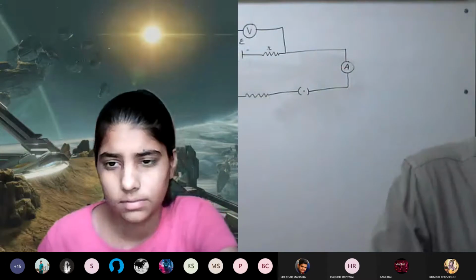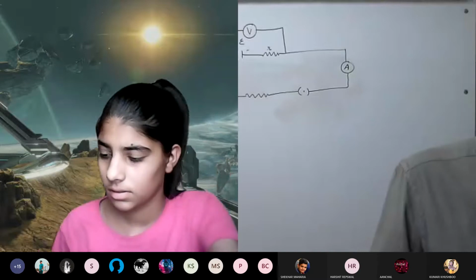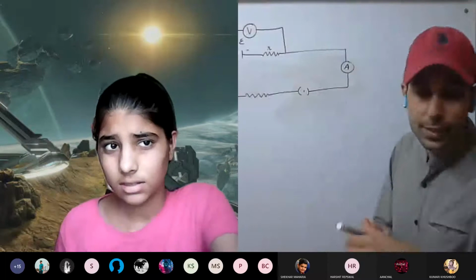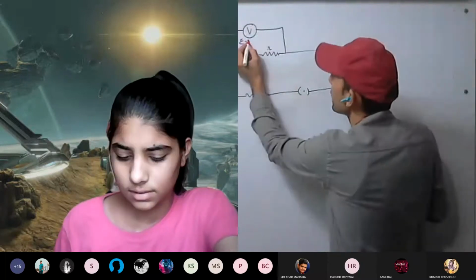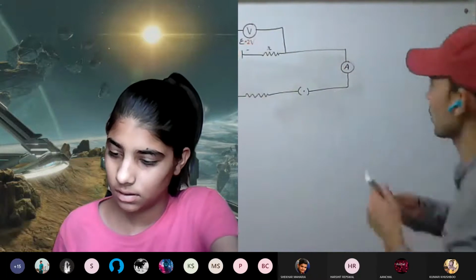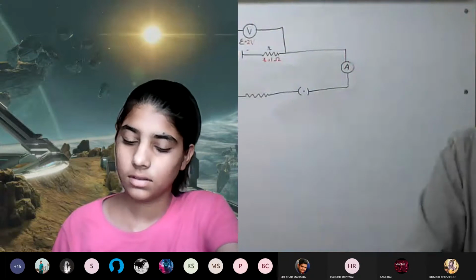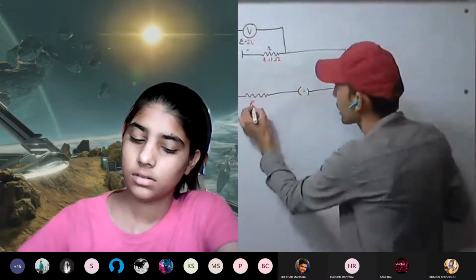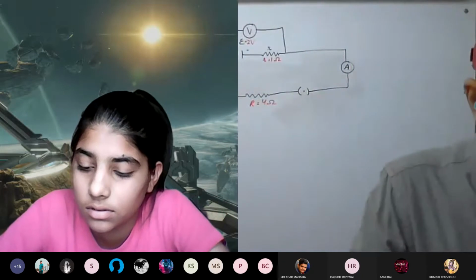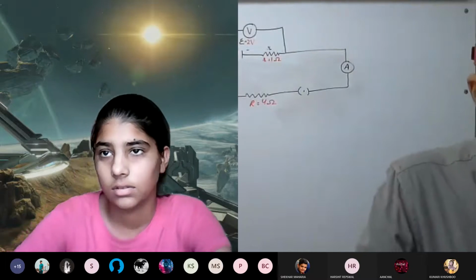So the diagram shows how much is the EMF. EMF is given as how much? 2 volt. So epsilon, I write with red. So epsilon equals 2 volt. Okay. What more is given? An internal resistance of 1 ohm. This small r equals 1 ohm. And the external resistance R equals 4 ohm. Key is there. Now the ammeter A measures the current in the circuit. Voltmeter V measures the terminal voltage across the cell.